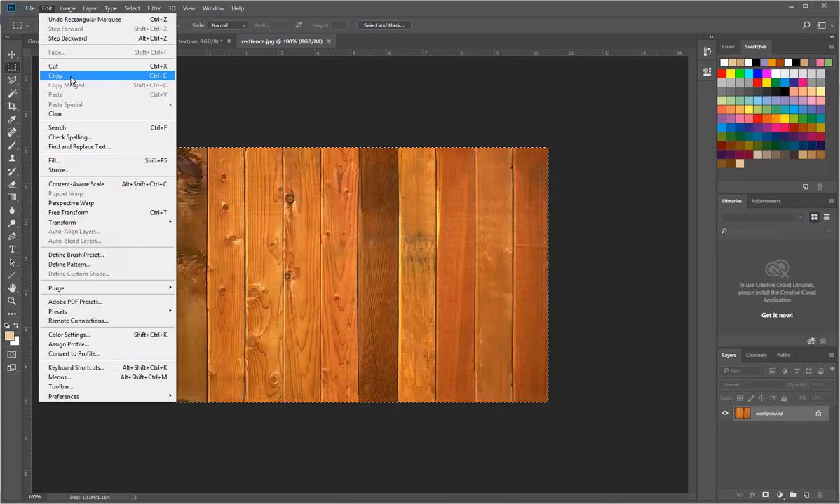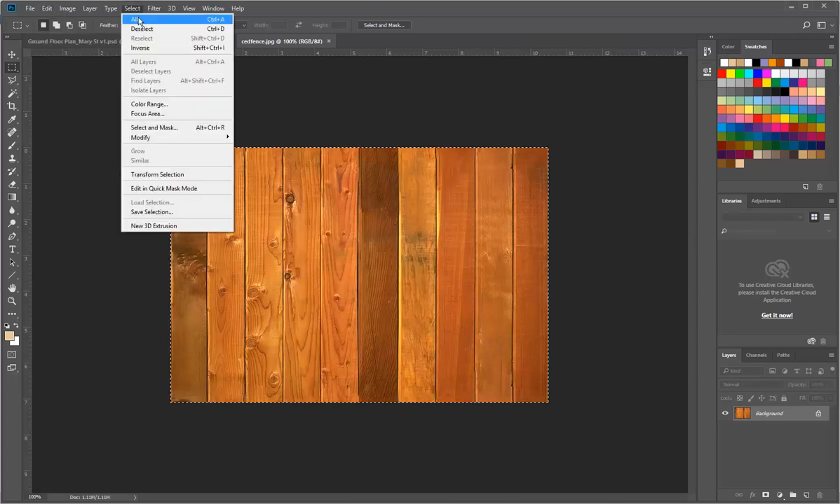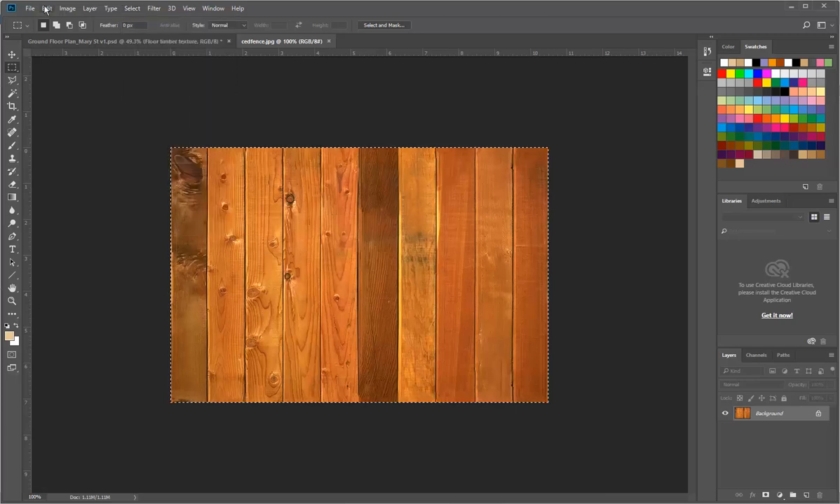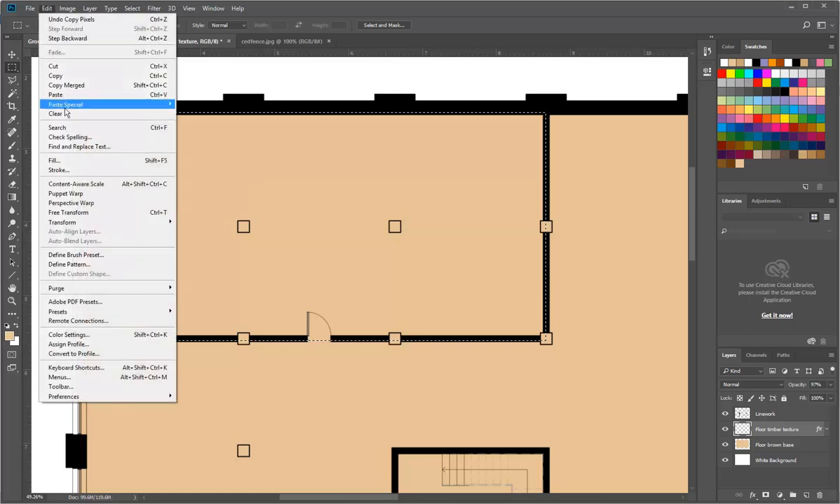You have to select it. So it's a very manual way. Select first, and then you copy to clipboard. Of course, you have to have the texture open. And so then back in the file that you want to bring it into, then